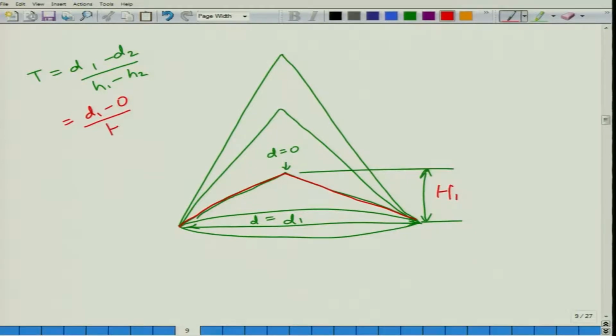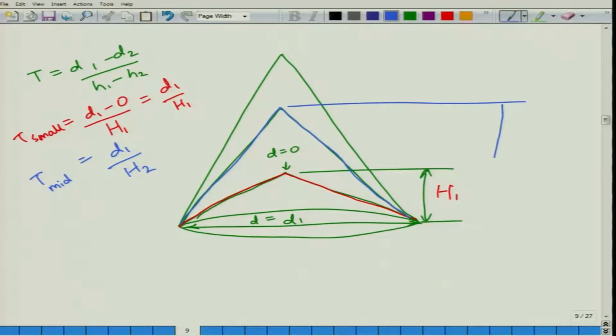So, this is h1. So, the taper here becomes d1 upon h1. In the case of the middle cone, this cone, we have taper of middle. So, this one was the taper of the small cone. So, in the case of the middle cone, similarly we have taper is equal to d1 upon h2, where h2